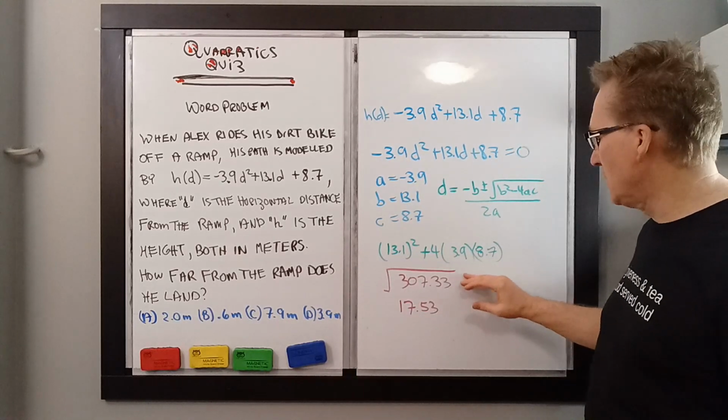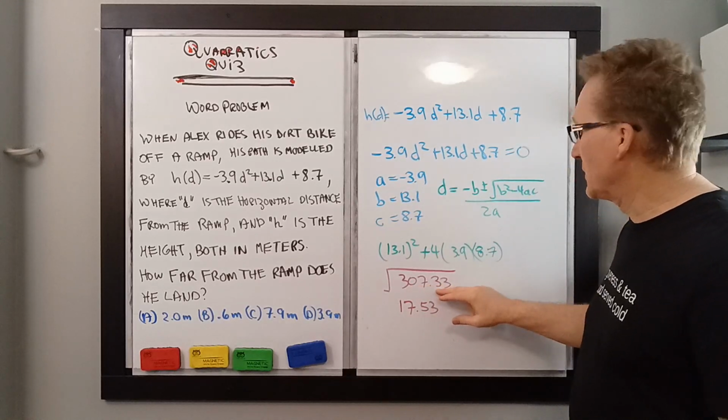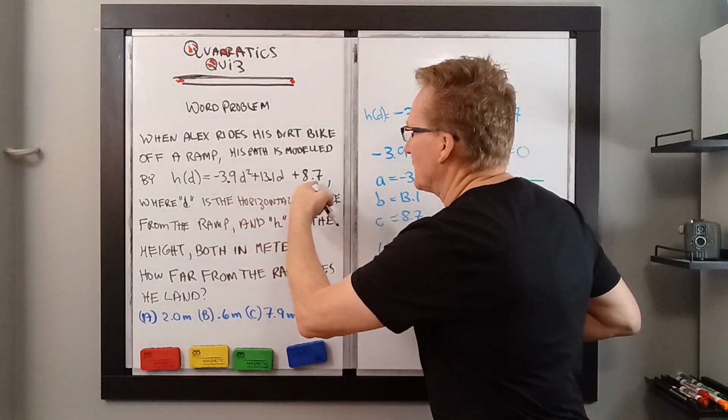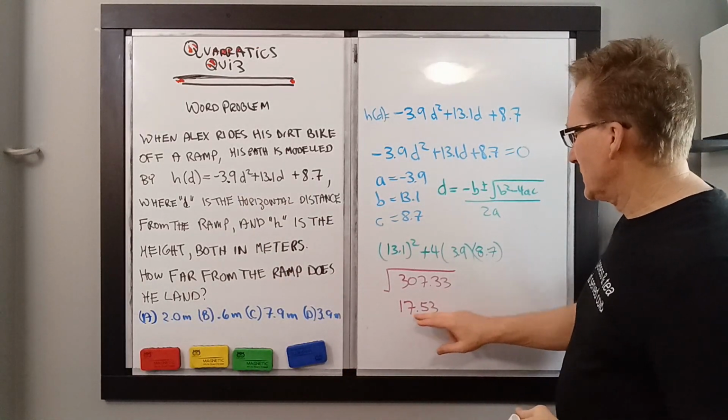Here I've done the math for you. I've taken everything here. That's all inside the square root. 307.33. Notice we have 2 significant figures basically everywhere here. I've kept a lot more. We'll drop them later. And then I take the square root of that,